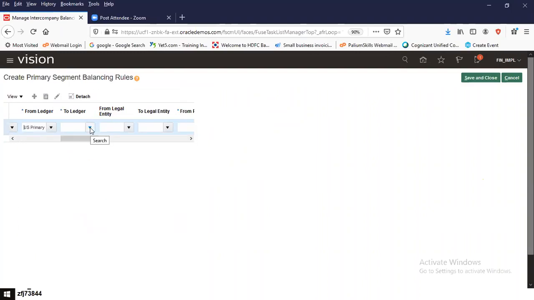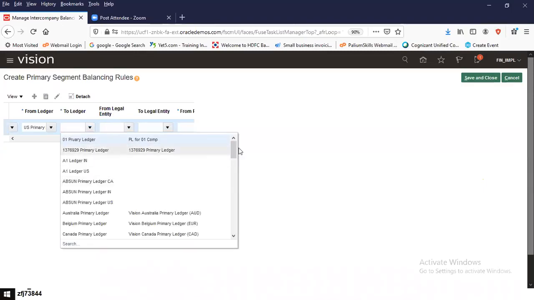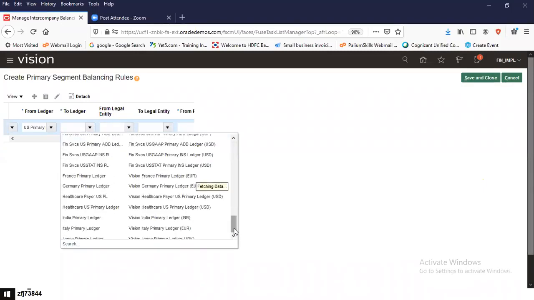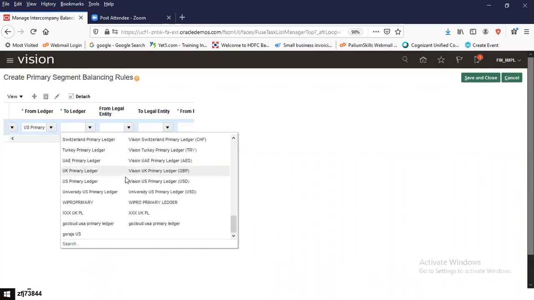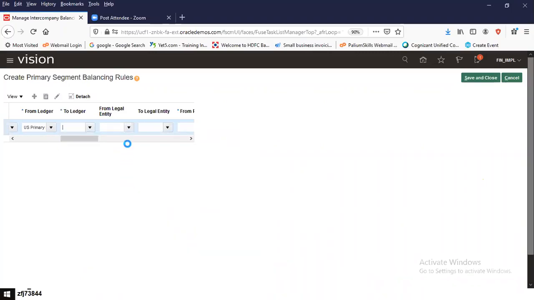The balancing rules can be within the ledgers also, right? Sorry, one more time. The balancing rules, what we define, can be within the ledger also, right? Correct. So in this case, both from and to can be same. Yes. That's exactly what we'll do. So we'll set this to within this, and